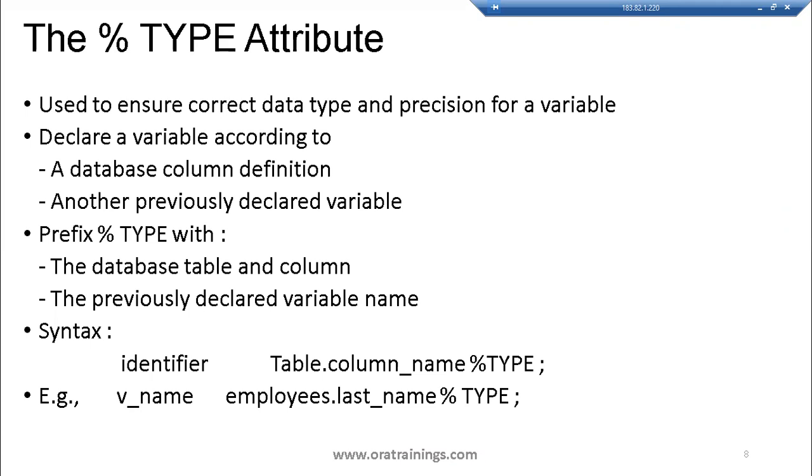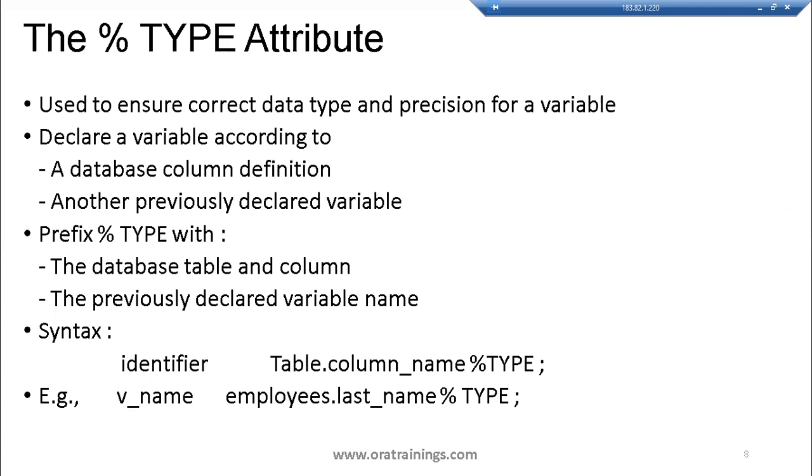So you know the table name and column name, but you don't know the type. In those kinds of scenarios, the best and easiest thing is you can just mention the variable name followed by the table name dot column name. This kind of declaration helps you to reduce the bugs, because let us say your program